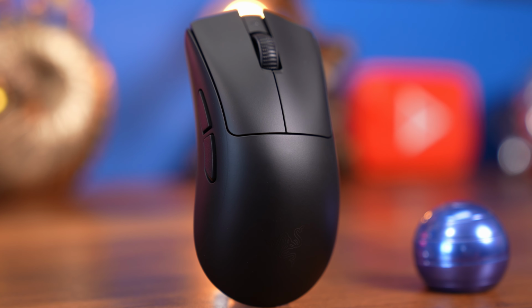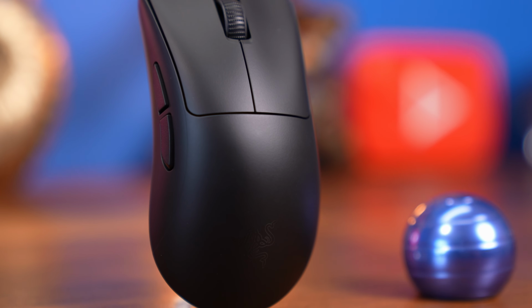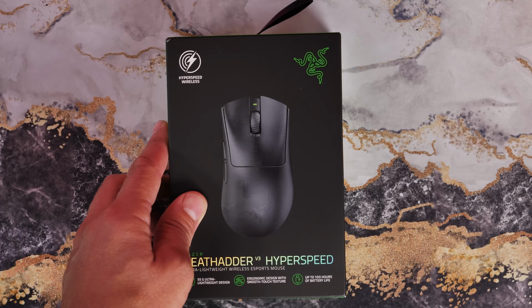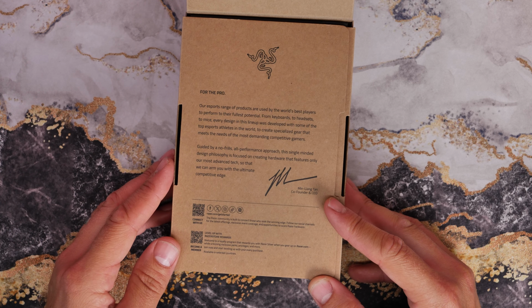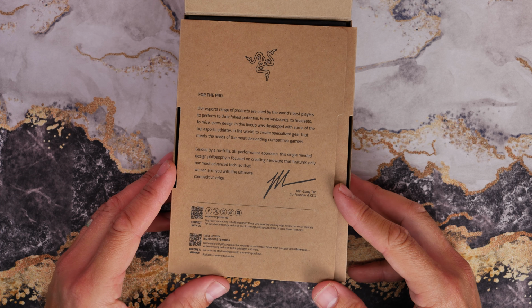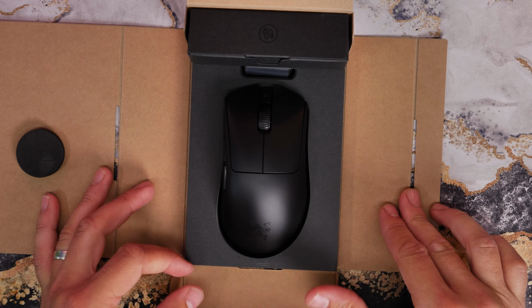Hello, this is the Provoked Prawn, and this is the Razer DeathAdder V3 Hyperspeed, which is another addition to the DeathAdder lineup that sits somewhere in the middle, is more affordable than the DeathAdder V3 Pro, and therefore more accessible,